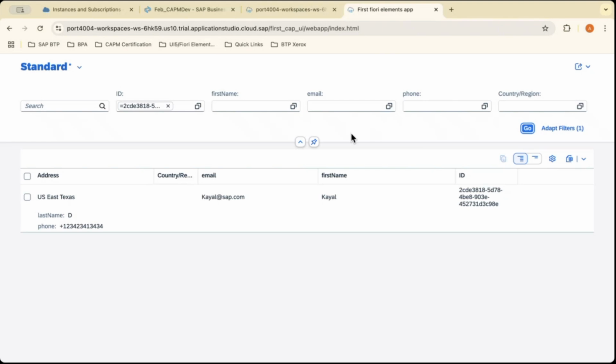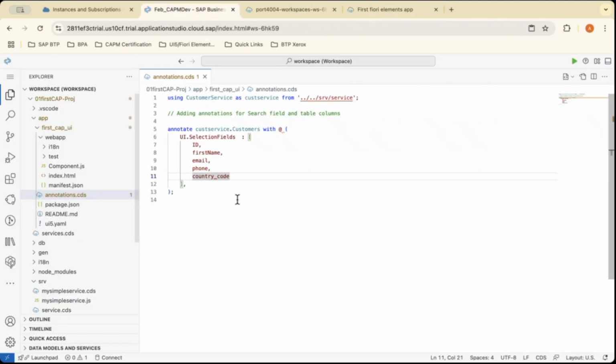But here we don't need to write any logic. With the power of the annotations, the data has been filtered out by default. Okay, we will add some of the columns to this. To add a column, there is another